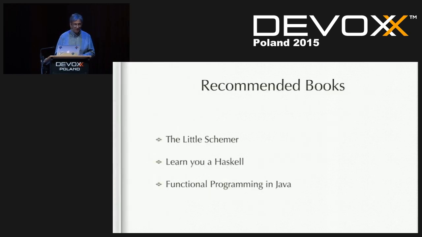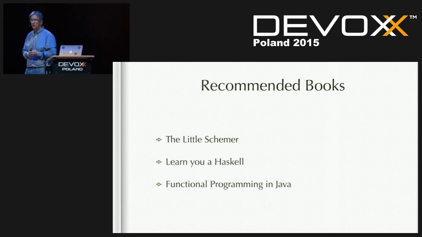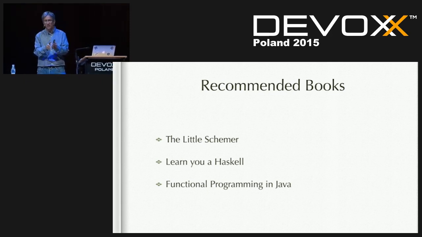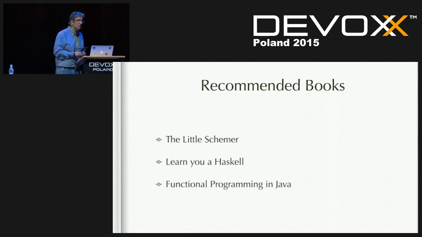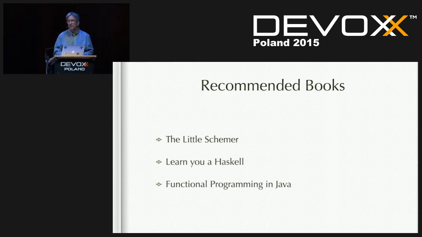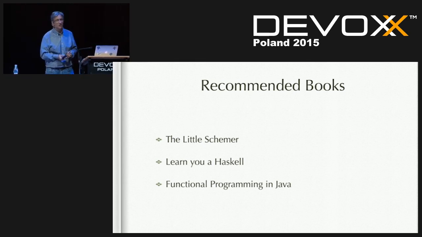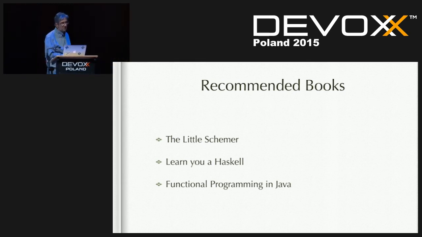So some books that I recommend, there's a very good book called The Little Schemer, which is a version of The Little Lisper, which basically as a story shows you how to create from step one all the different constructs that we use, based on the concept of CDR and CAR, which is head and tail of a list. Learn you a Haskell. Even if you're never going to use Haskell in your life, I highly recommend you learn it. It gives a lot of good perspective on things. And there's a website called learnyouahaskell.com, which if you want to read it online, it's absolutely free. Then you can contribute by paying for the book and downloading it.